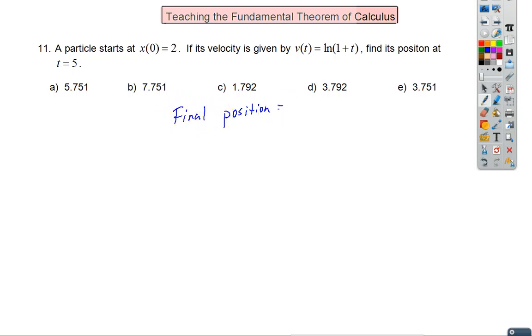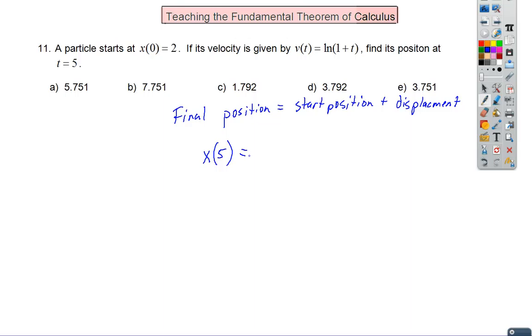In your physics background, you should say that final position is equal to your start position plus displacement. So I want to find out what x of 5 is. Well, x of 5 is equal to